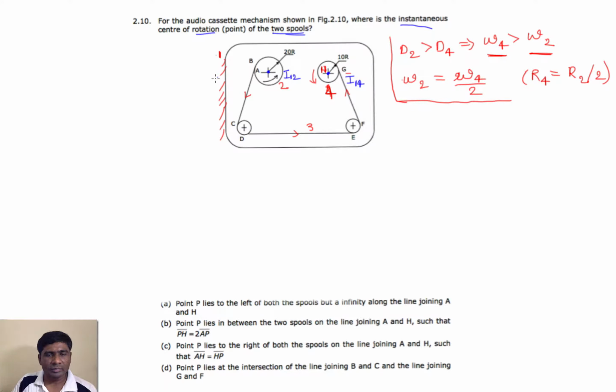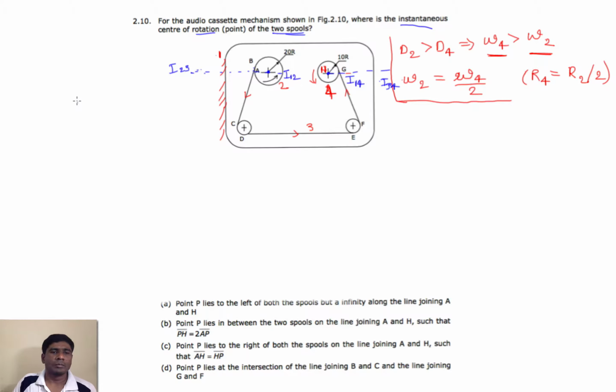And the instantaneous center between 2 and 3. This is 2 and this is 3, and in this way the tape is rotating as well as sliding on this one, so it should be something like this. It is perpendicular to this line at the touching point, and it should pass through the center. So this is the instantaneous center between link 2 and 3, and here also the same. So this is the instantaneous center between link 3 and 4.